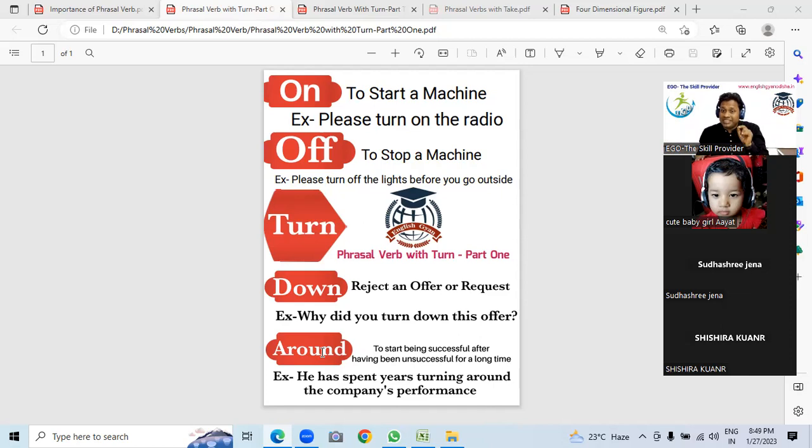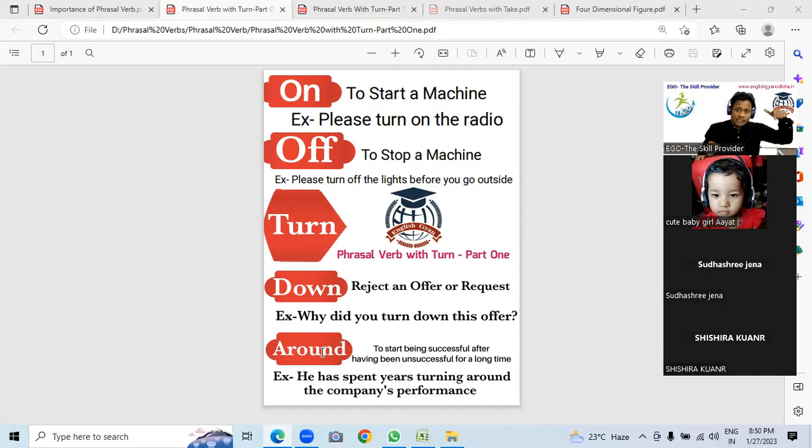And this is a business term. If you have the habit of going through a newspaper every day, if you go to the business page, then you can find words like, he has been tasked with turning around the company. Suppose I have opened a company, and it's making a lot of loss. So suppose I employed Sisira sir. I have employed you as my CEO, or I have given an appointment as the CEO of this company. So your task is how to turn around the company.